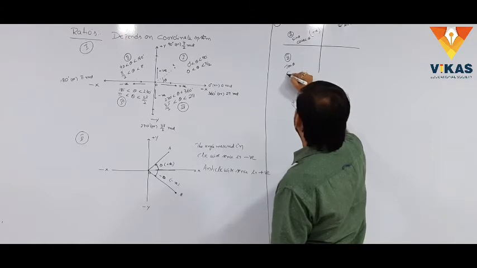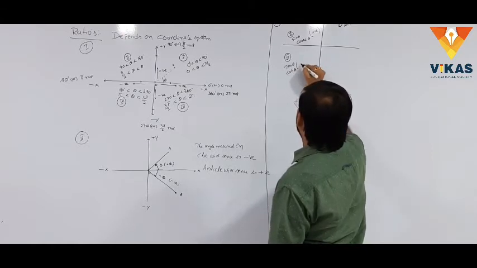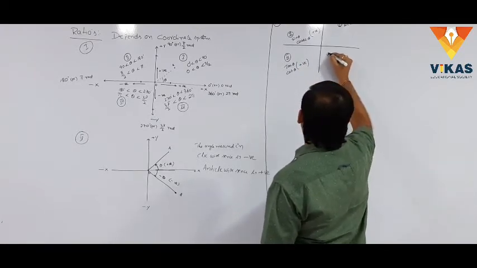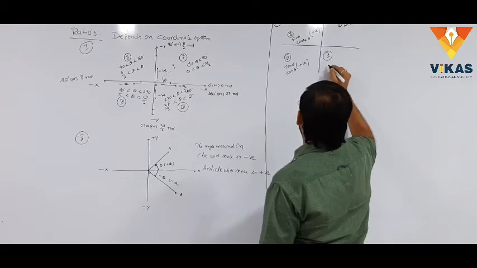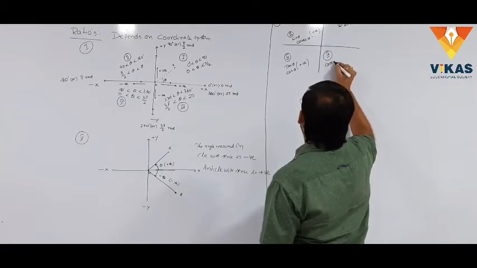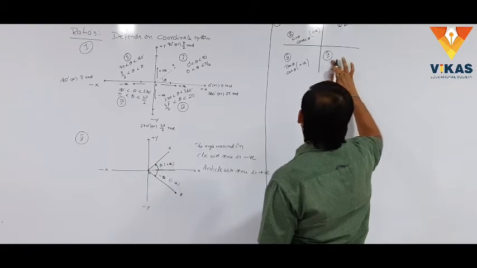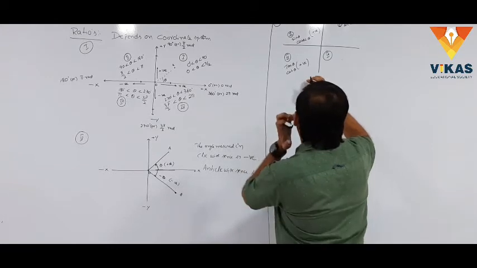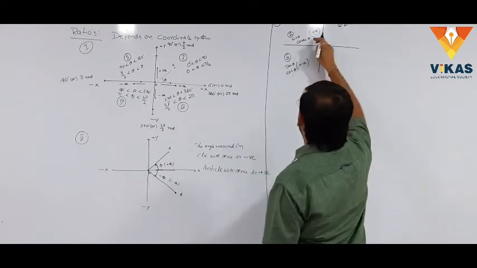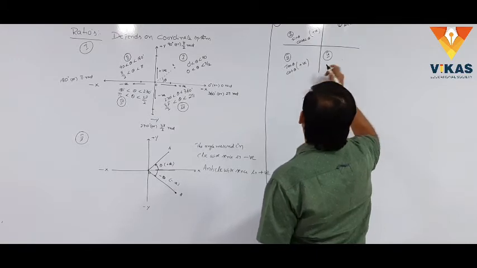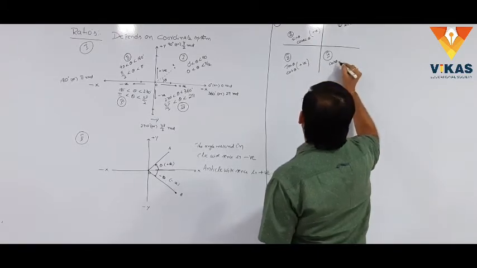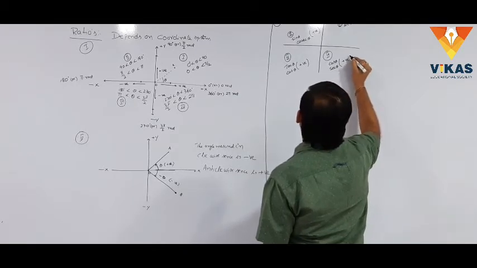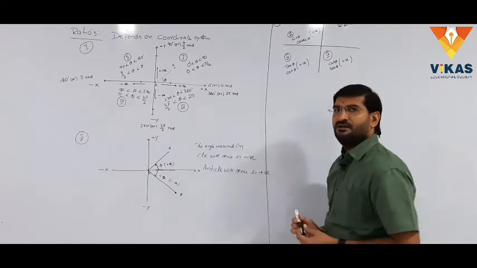tan theta, and the reciprocal of tan theta, cot theta, these two are positive, remaining all are negative. This is the fourth quadrant, simply like this: all silver tea cups, sine and cosecant, tan and cot, and cos theta, the reciprocal of cos theta is secant theta. These are positive, remaining all are negative.